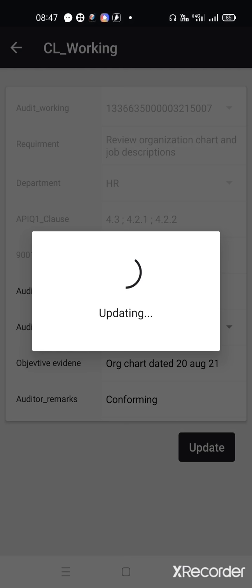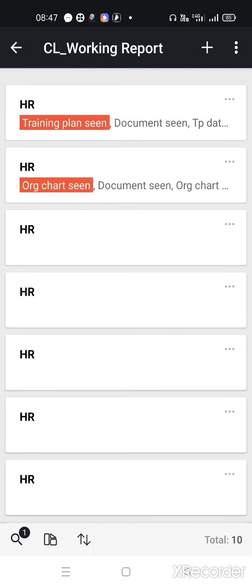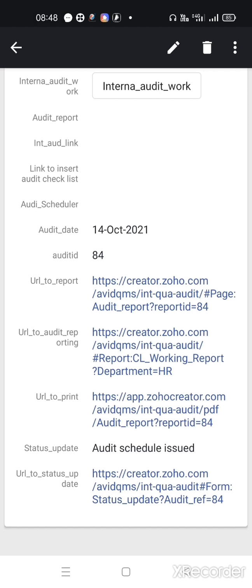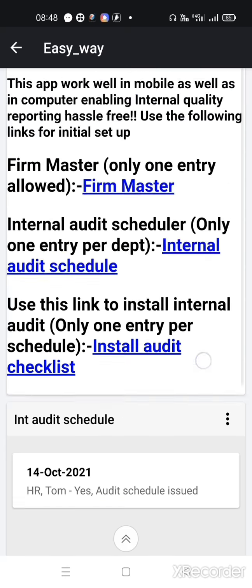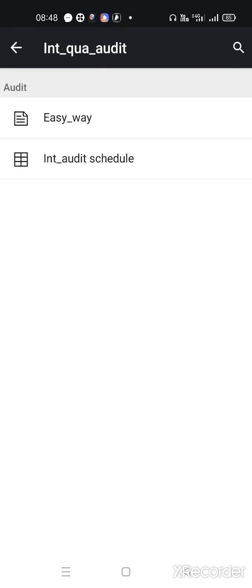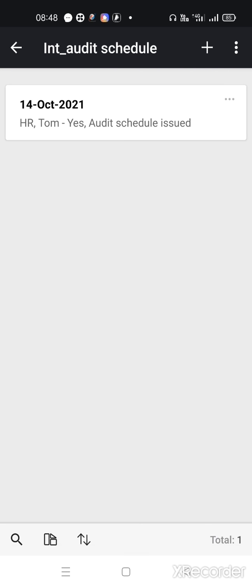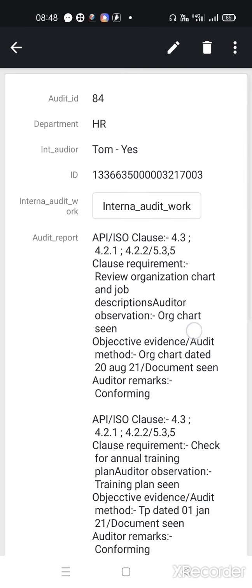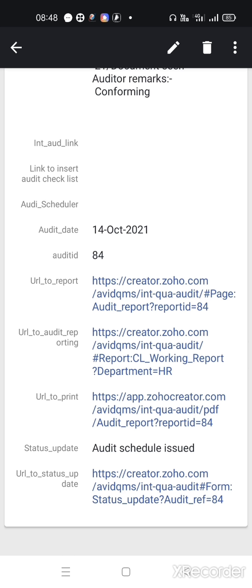Okay, confirming. Now we have these items included in this check sheet. I'm not doing the real audit here for all the items. Let us see how this app works with the different functionalities.